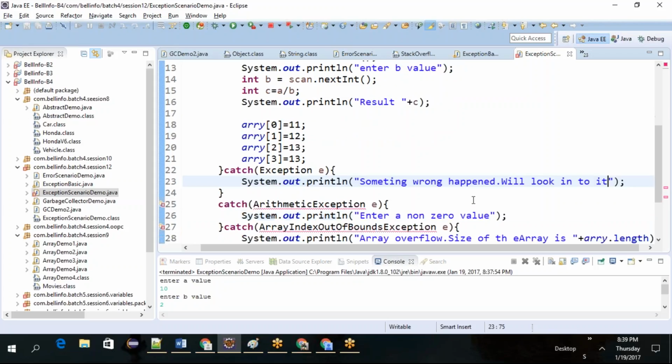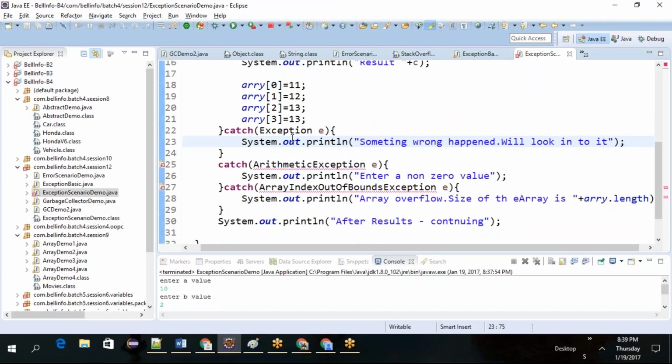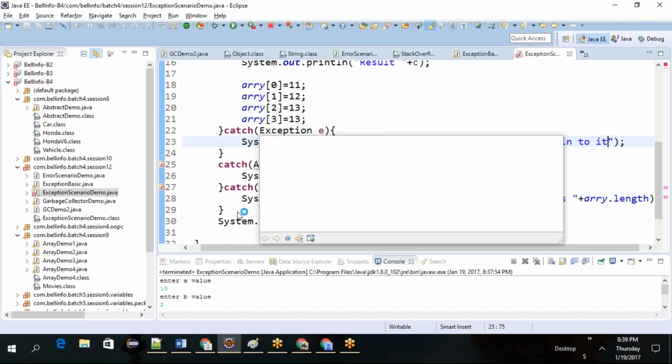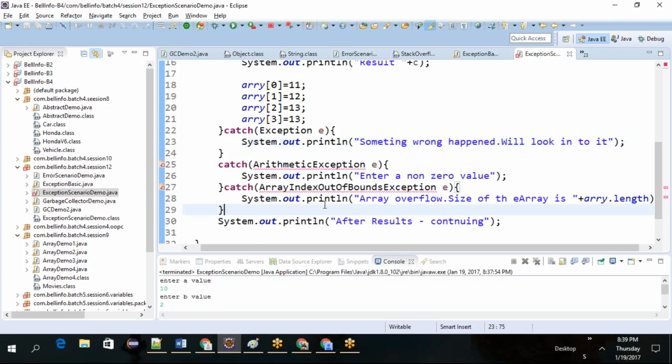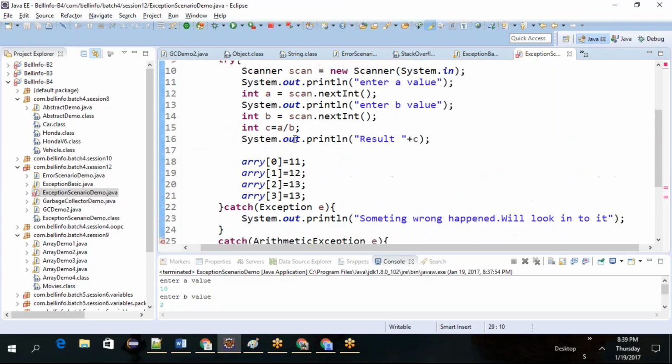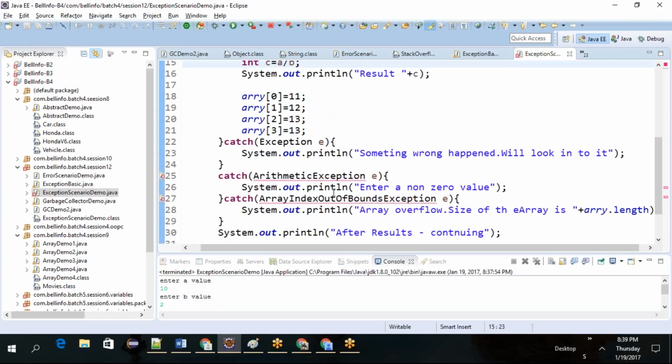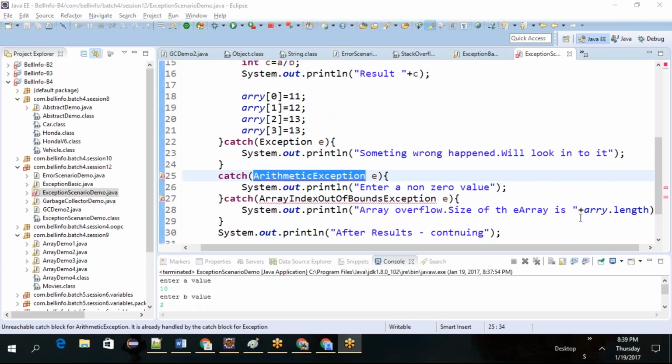So if you try to write in this sequence, first the exception, then arithmetic exception, and then array index out of bound exception, what will happen? If you get an arithmetic exception, instead of going to the arithmetic exception block,